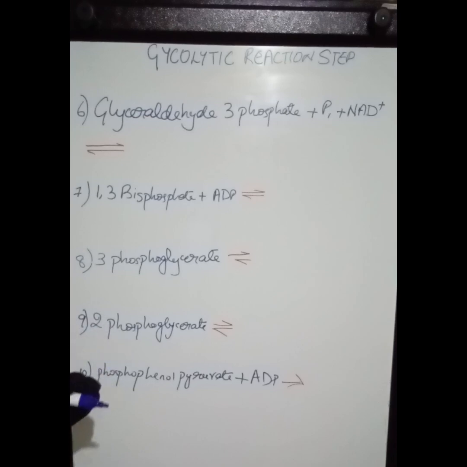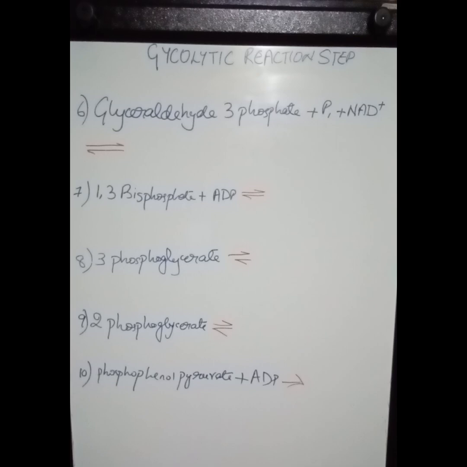Because the first 5 reactions involve consumption of your ATP molecule, but this set of reactions, from the 6th to 10th reaction, is completely involved in production of ATP, NADH and pyruvate molecules. So let's see how it goes. So we had from step 5